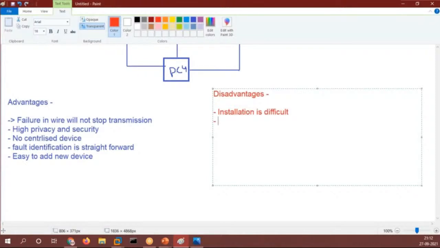So if there are 15 devices in the network, every PC will be connected to the other 14, and it will require a different wire, right? So it will be costly as well, because we are using a lot of wires, right?